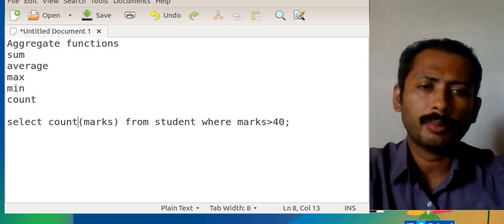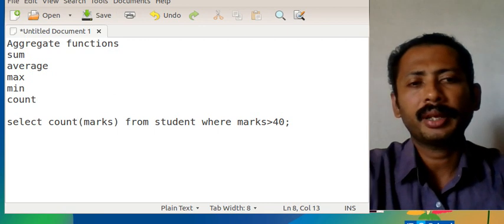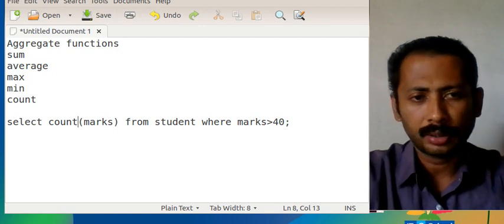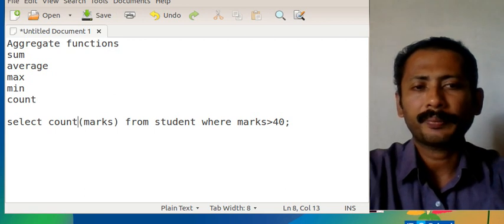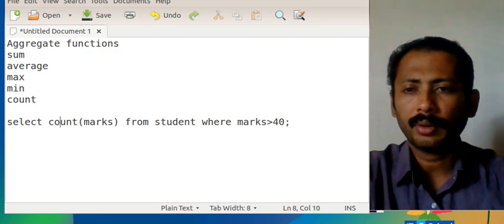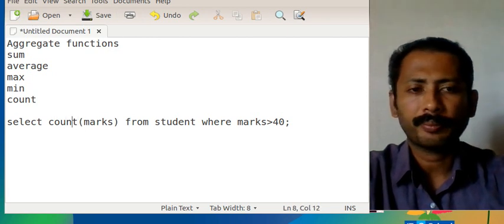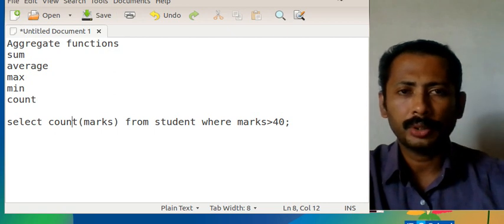This means how many students have passed. If the pass mark is 40, then we can get the count of the students who have marks greater than 40. So this has some logic. Like that we can have average, sum, etc. We will try to do this.